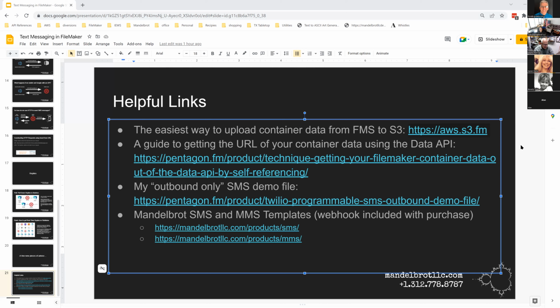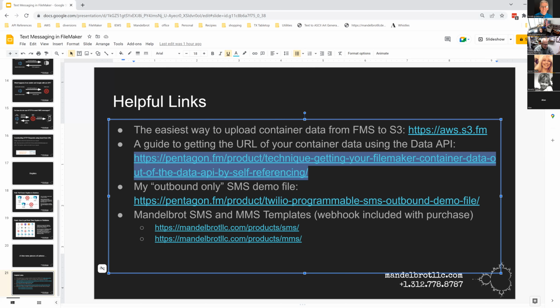It's really cool. So if you don't want to do that, right, those are useful if you have a message that you're sending to 1,000 people. If you're just sending one specific thing to one specific person, a lot of times it's easier to use a URL from your container data.